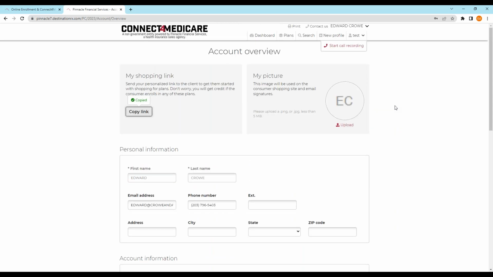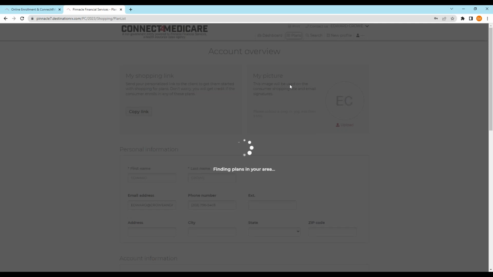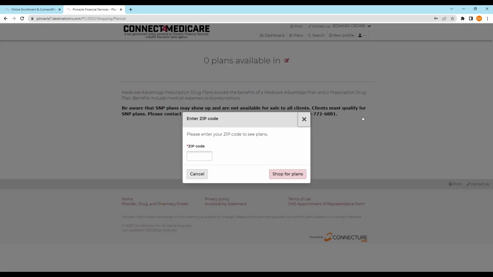Okay, so there's a basic rundown of the system. Now, people ask me the difference between, say, Connecture and Sunfire, which I'll talk about tomorrow too. A couple quick things. I think the fact that Connecture will have the verbal scope is a nice benefit. Sunfire is not going to do that. However, one thing I can tell you is that when you run the plan comparison initially, I'll just do a quick one again here for a second.